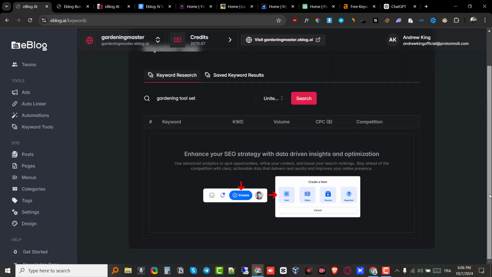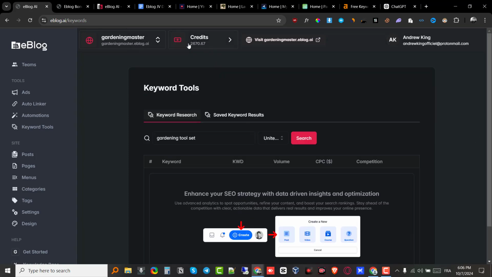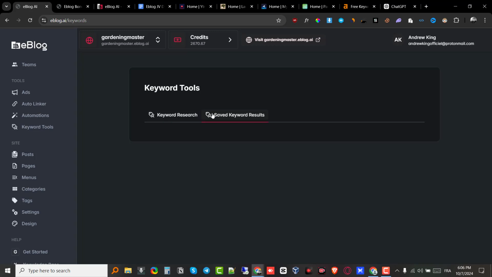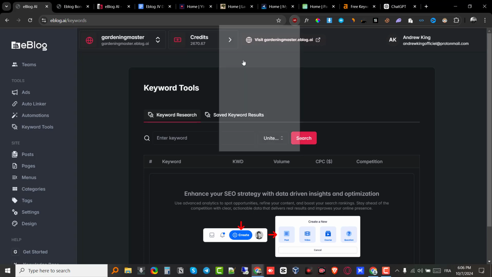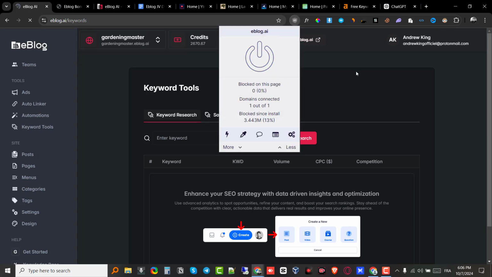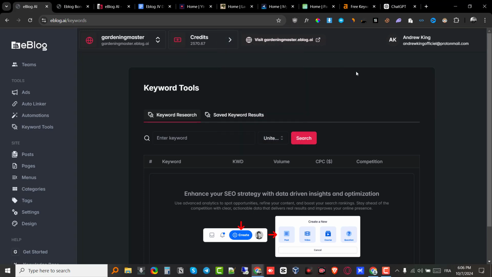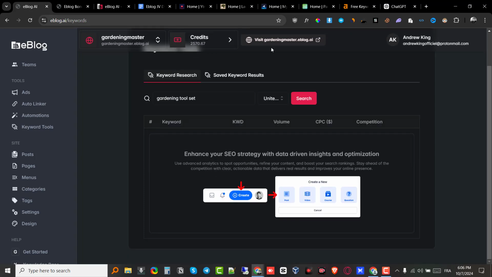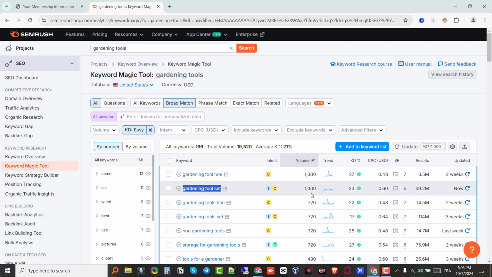It's not pulling up the data for some reason, but it already used the credits. So I'm just gonna go to the saved results. And again, I don't see anything. Maybe it's my ad blocker. So let's just refresh and click on search, and it's using the credits, but it's not showing any data. But anyways, when I used their tool, it showed me that this keyword has 4,400 searches per month,